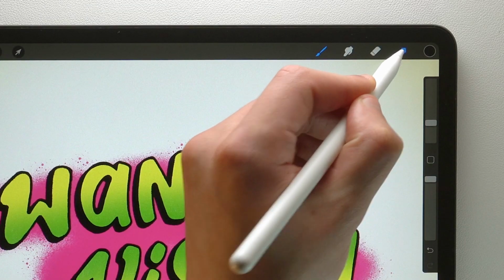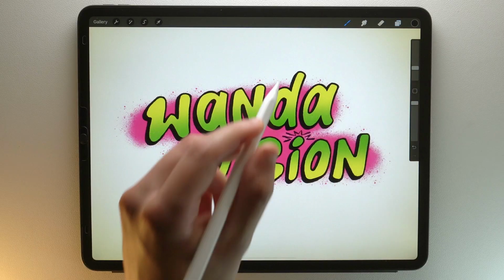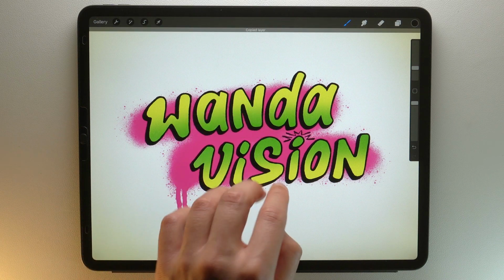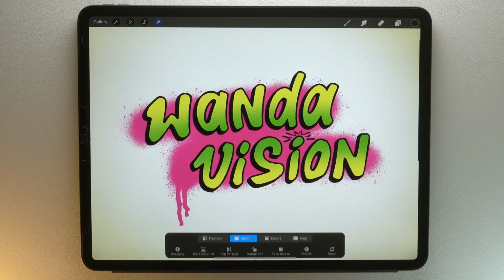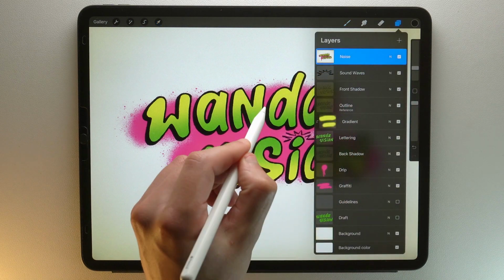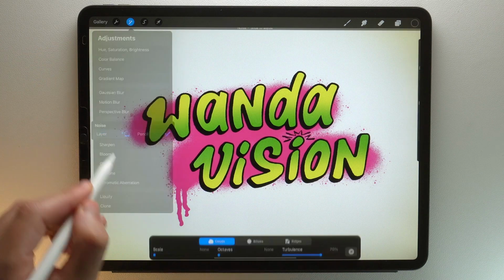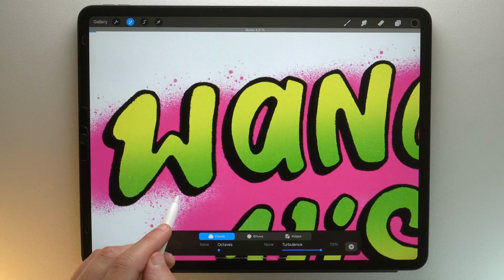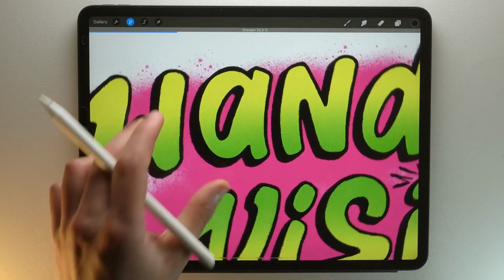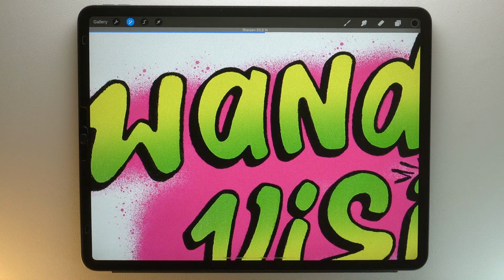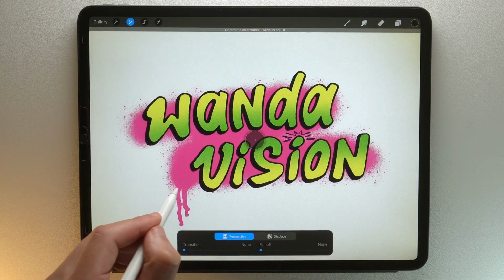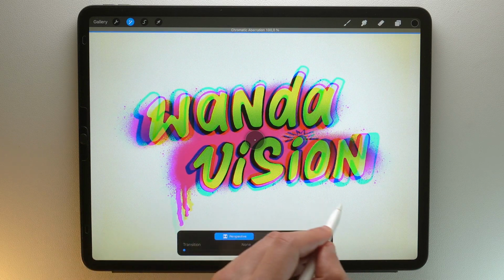I create a new layer on top. I open the copy-paste menu with 3 swipe fingers, copy all, then paste, and there I am having fun with the effects included in Procreate. I apply noise, then sharpen to add a more paper feel. Then chromatic aberration and glitch wave to recall the TV show side.